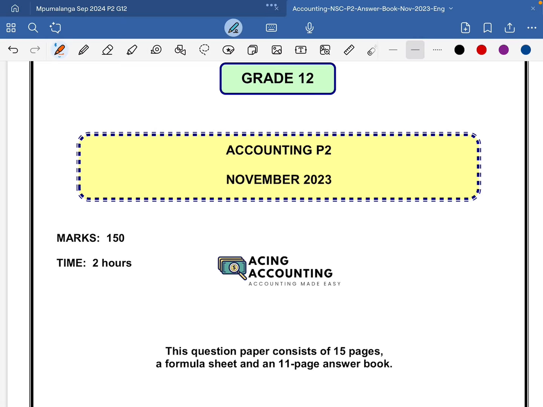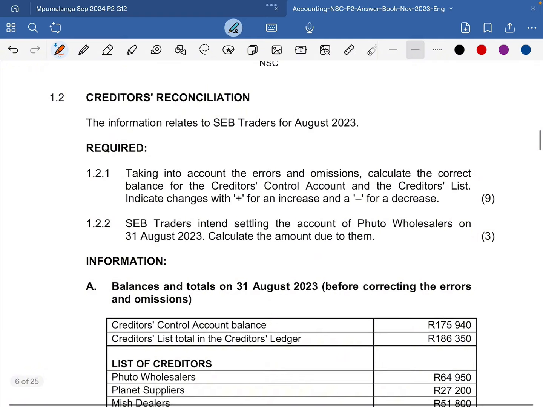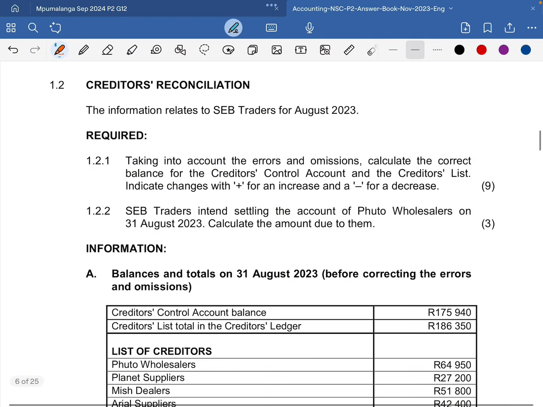Hello guys, today we're looking at accounting paper 2 that was written in November 2023, and we're going to focus on the creditors reconciliation which relates to SEB traders for August 2023. So the first required, taking into account the errors and omissions, calculate the correct balance for the creditors control account